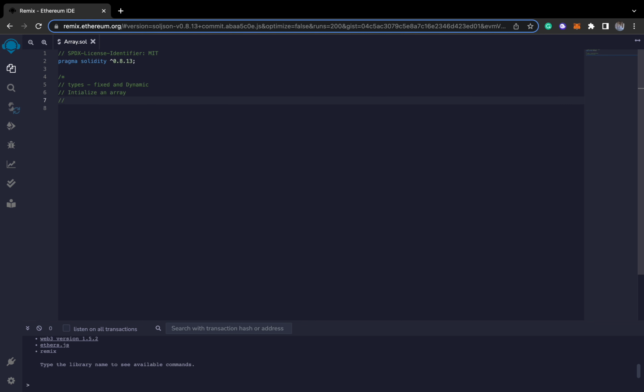Thirdly, we will learn operations like push, pop, get length, remove. Okay. Then we will learn how to create an array in memory, and